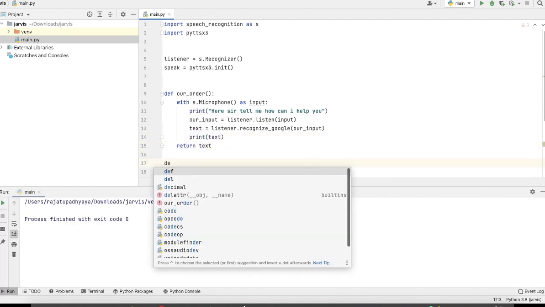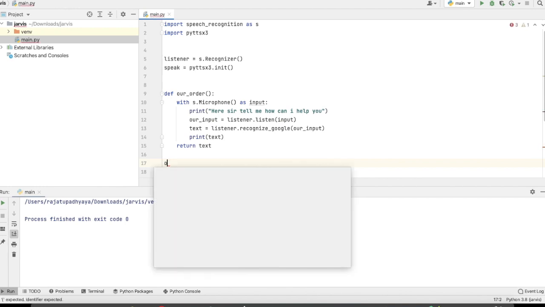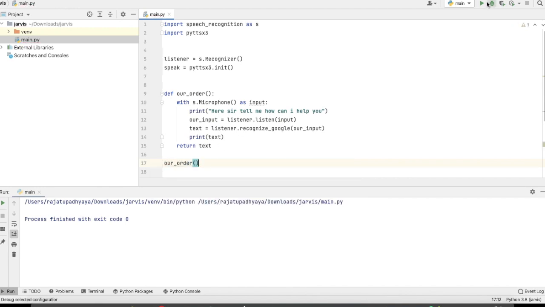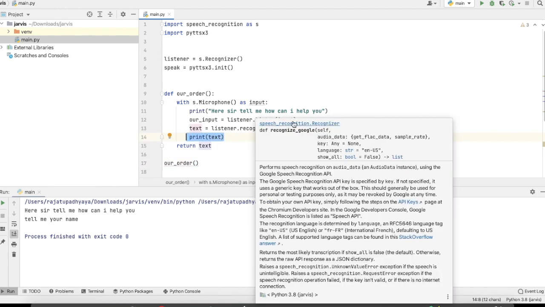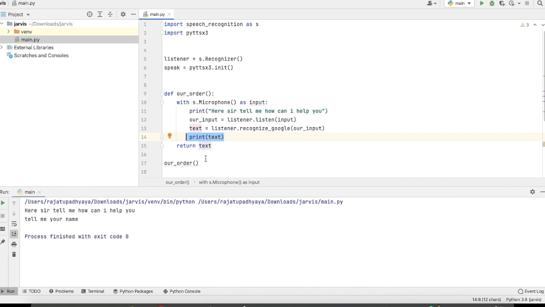Let me call this function, our order. Tell me your name. So here you see that I have said "tell me your name" and it is printing the same. That means our main task is done. It is converting our voice into text.